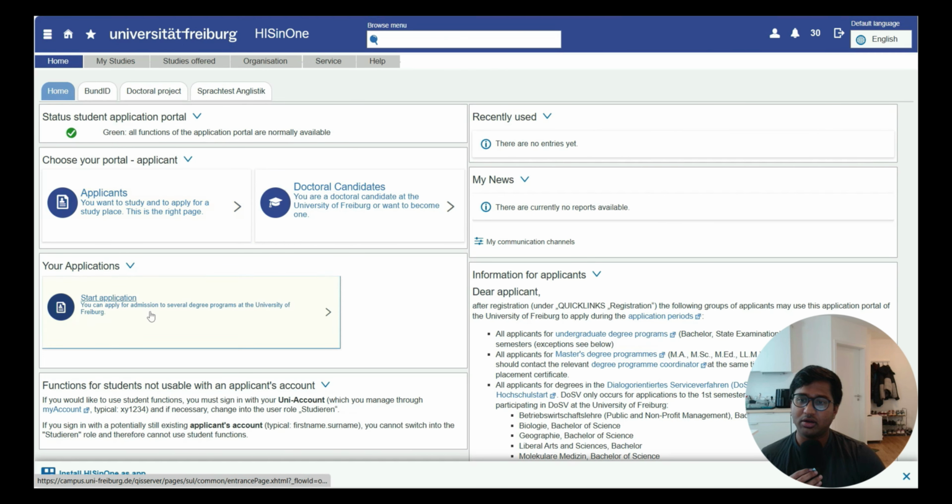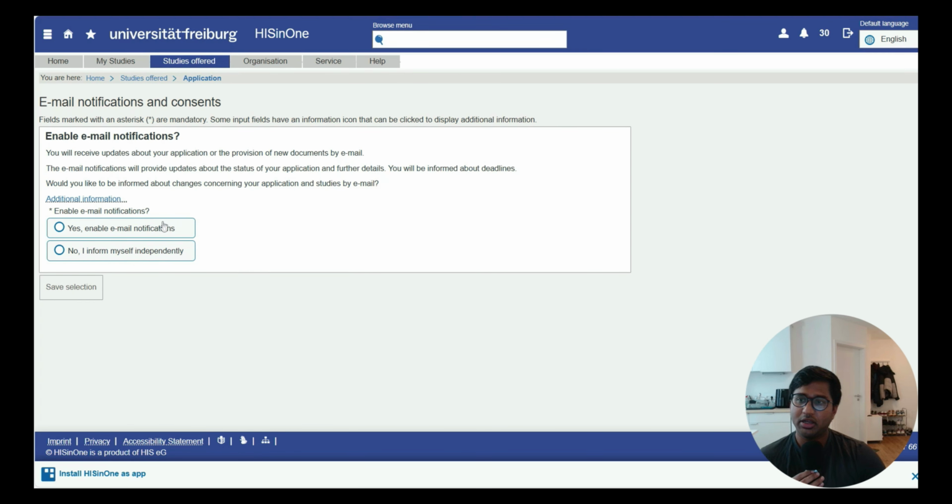So here you can click on start application. Once you click on start application, you can fill in all the things which we have to fill. But this I will show you in the second part of the video, where I will fill in all mandatory details, show you how to apply, what educational background details you need to fill, what documents you need to attach, how to fill them, and